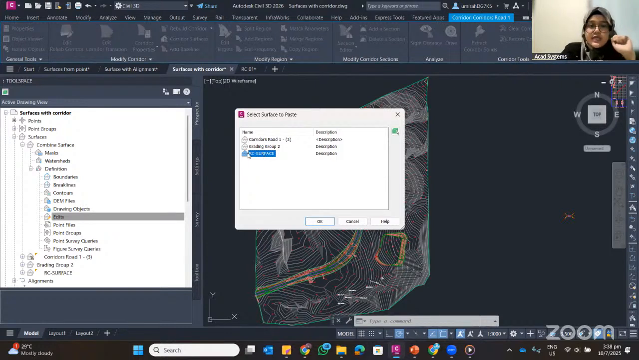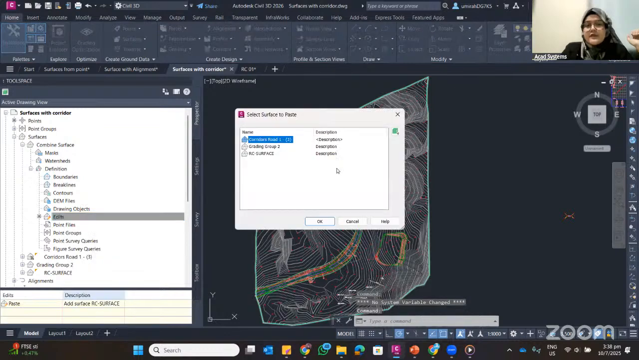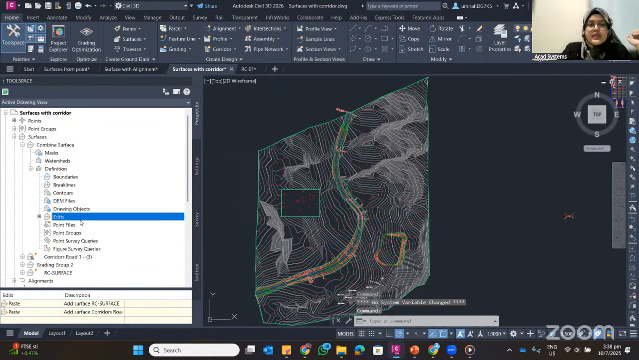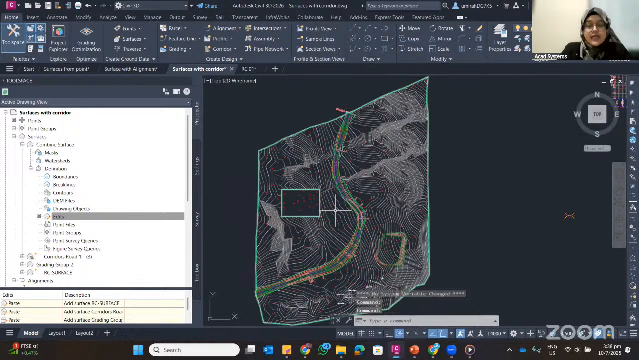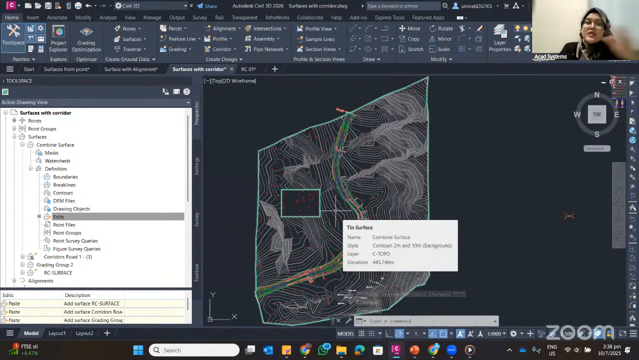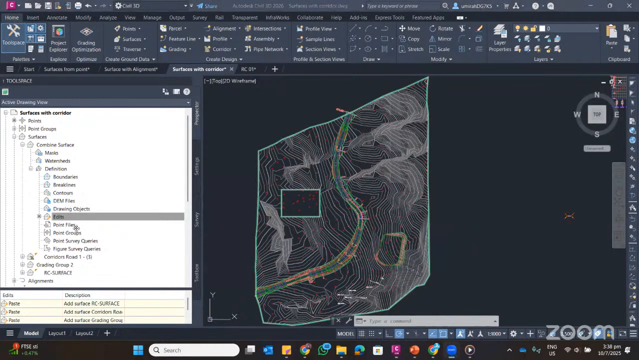Okay, so first I'm just going to paste the EG surface, the base surface here. Click OK. And then right click again, paste surface. So maybe this one, the corridor surface. Right click again, paste surface, the grading surface like that. So now you will see that this combined surface will combine all of the surfaces that I just created. Okay, so now from there, I'm just going to